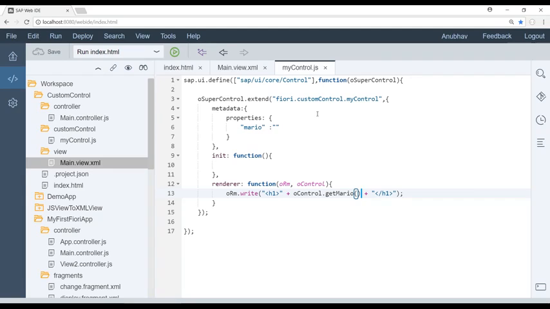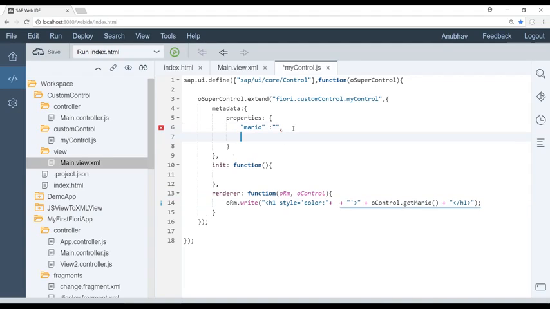Absolutely right answer, Swami. We use CSS, and to be very precise in this case, we can use inline CSS. Perfect answer, Udit and Samir and Swami. So I put a style property equals to single quote color property colon, and I'm going to pass the color at runtime. So once again, double quote, concatenate with the color property. So let's add a property, and I say Super Mario. Why am I using this character name? So that you can understand this is something customizable. You can do it with your own name, something which you like. It's a custom world. And then you can say this dot get Super Mario,